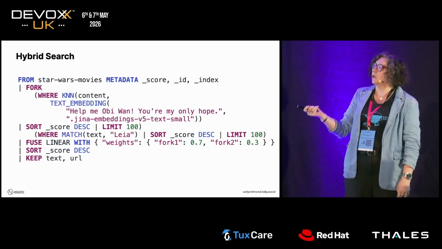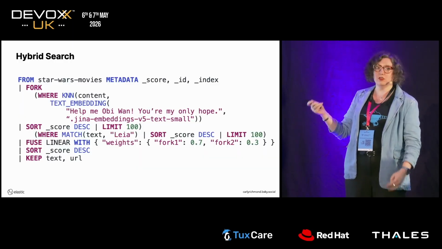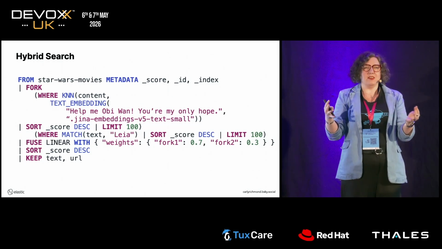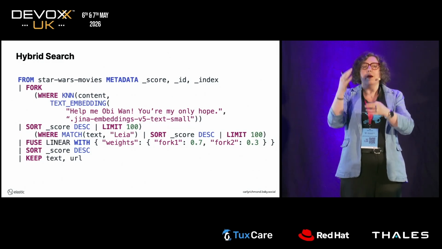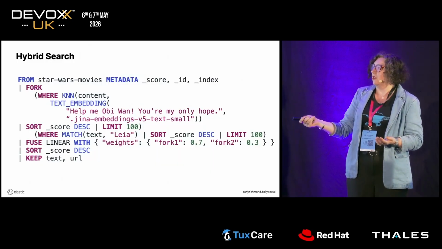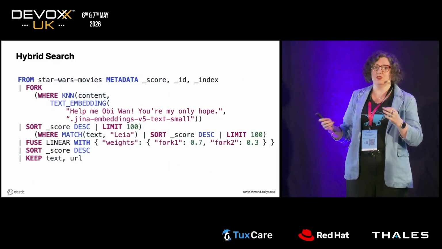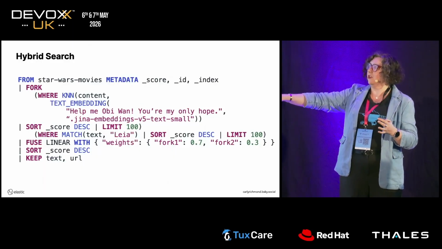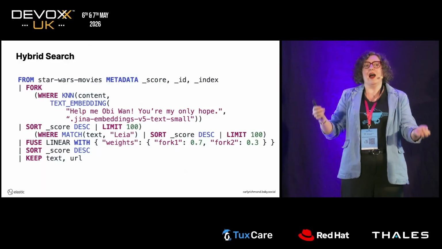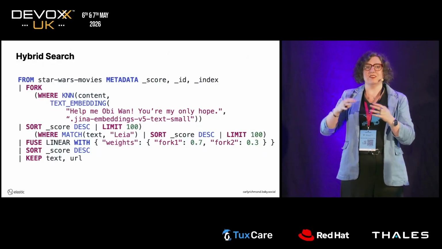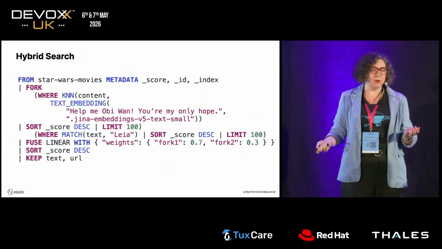So this is an example using the fork operator where I've got each of the two queries that we've just talked about. But when we do multi-query like this, we need to figure out how to basically match the scores together from the different algorithms. Traditionally, we've done that using linear combination, which is basically where you'll take a weight or a factor, such as 0.7 here for my first query, and then we'll basically add that as a boosting factor when we sum up all the scores to say that particular algorithm has more prominence.